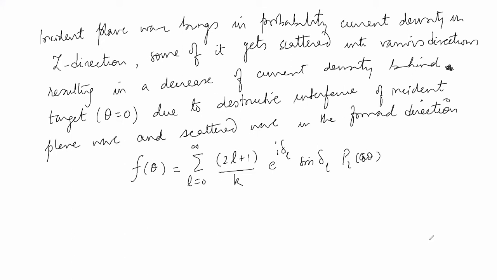Now we are talking about the diminished amplitude in the forward direction, and that means I am talking about f theta at theta equal to 0. And as you know, that means PL of 1, and that is nothing but, when cos theta is 1, no matter what the value of L is, this value is 1. Therefore, I can write this as